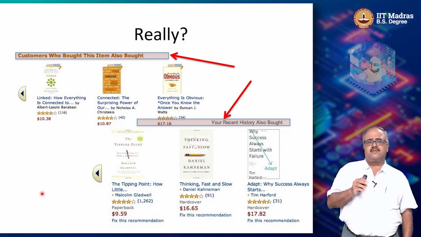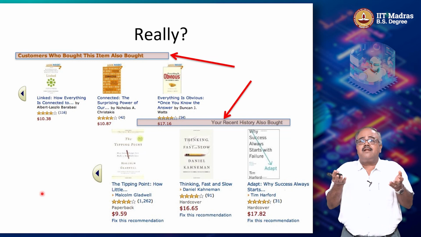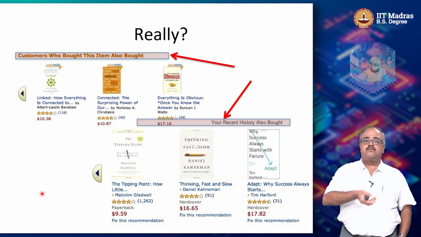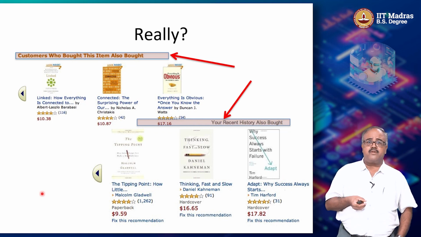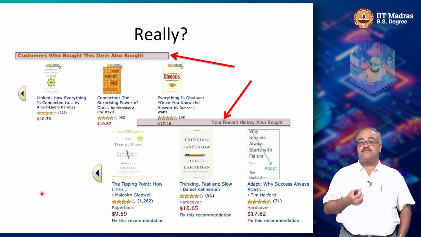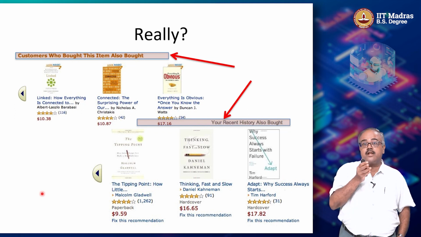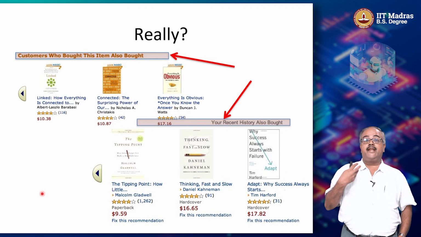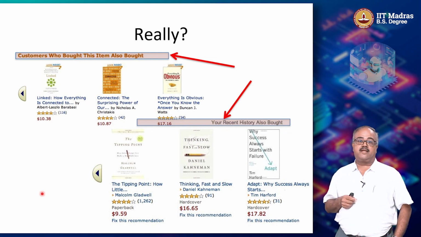Think about it. Customers who bought this item also bought. There are like 100,000 customers who probably bought that book, and they would have bought a whole lot more other things. I could think of some ways of scoring it, but I'll still probably end up with a fairly large pool of things that I would need to show you. So can I order them in some way and then show you the ones that you are most likely to buy or most likely to go and look at? So that is where reinforcement learning comes in.